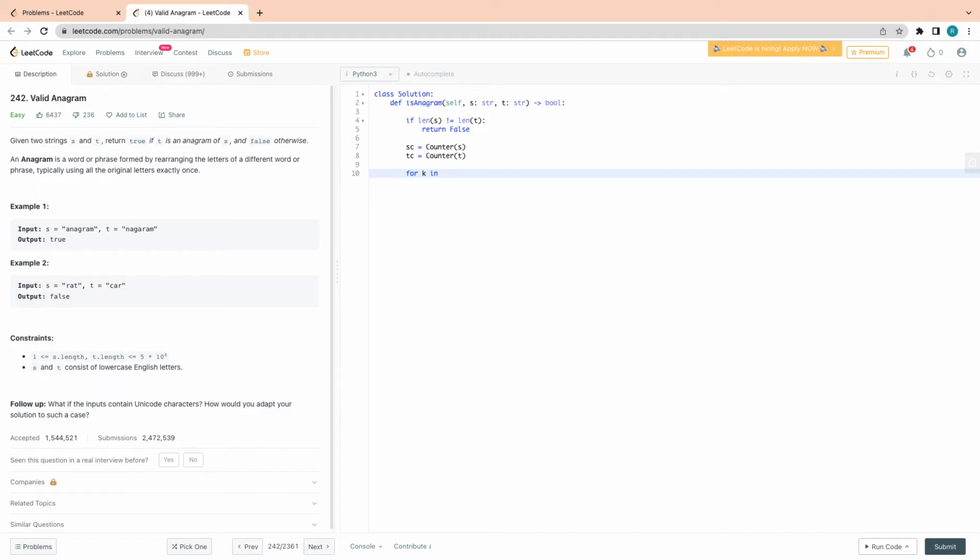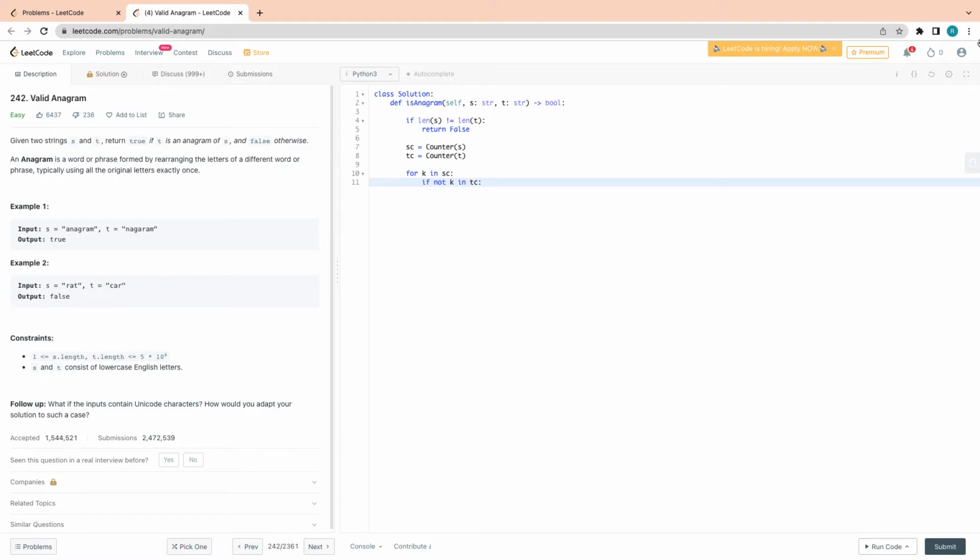In this case, let me iterate over the S counter. What I'm doing is taking all the keys from this S counter. So if K is not present in TC,